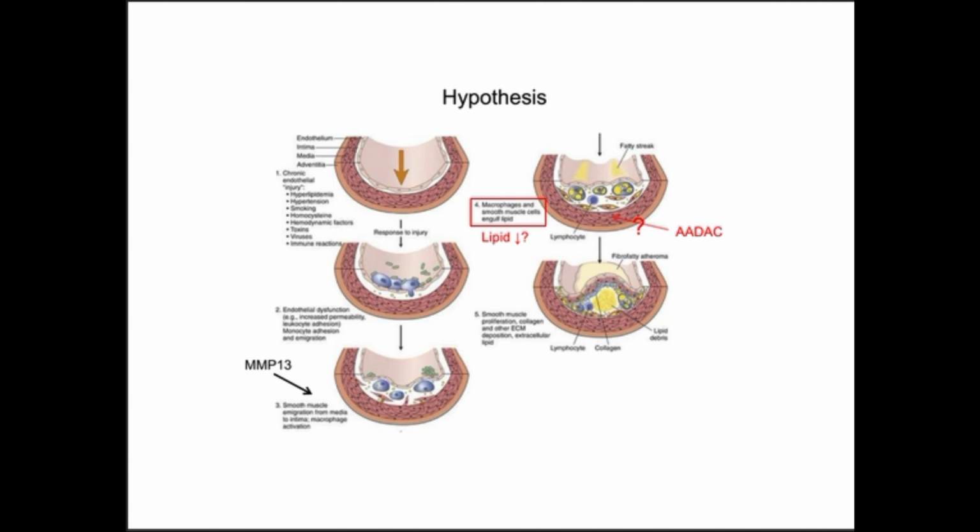They collect more and more of that LDL until they make some sort of plaque or this foam cell, and then you get this big, gigantic atheroma, which eventually will rupture and cause the heart attack. We knew that MMP13 worked right here. It's actually essential for the chewing up of the matrix that holds these cells in place, especially vascular smooth muscle cells, that allows them to get involved in this process.